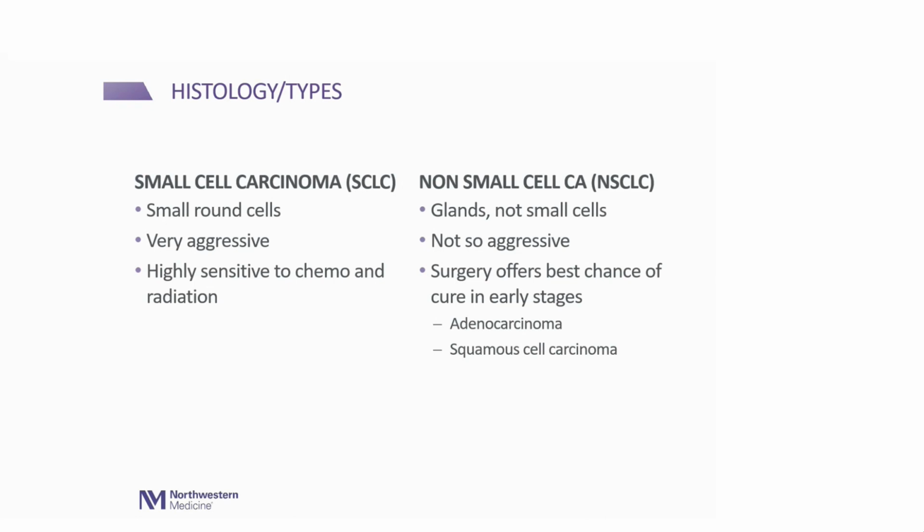This is a cancer type where chemotherapy and radiation play a major role in shrinking and controlling it. But non-small cell, because it's somewhat slow growing, if you pick it up and it's early stage, you could offer surgery, and that's how you could hopefully get rid of it. One important thing to understand is that because this type of cancer is so aggressive, by the time you diagnose it, the cancer is usually large enough that surgery is not even something we talk about. That's why we go on to chemotherapy and radiation there.